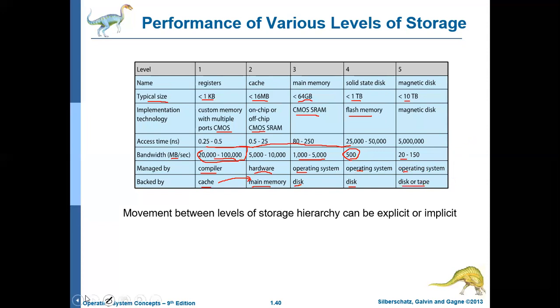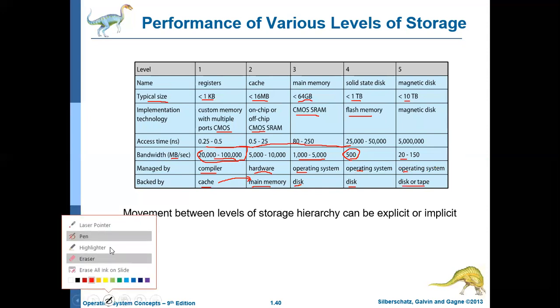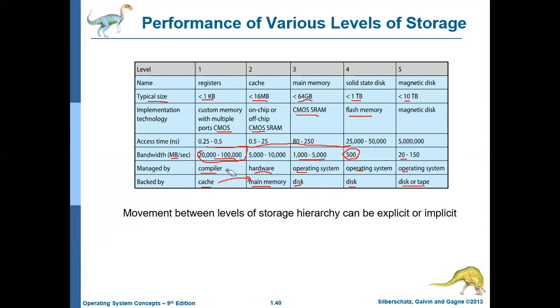So this actually gives a brief overview of the memory hierarchy with various features. It also discusses that the generic definition of cache is a high speed memory placed in between processor and main memory, but still you can consider there are different levels of cache. You can say that magnetic disk is a cache for tapes, and solid state disk is a cache for magnetic disk, and main memory is a cache for solid state disk, and so on and so forth.